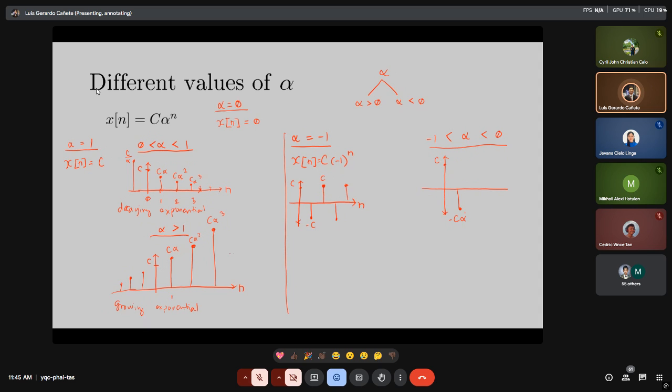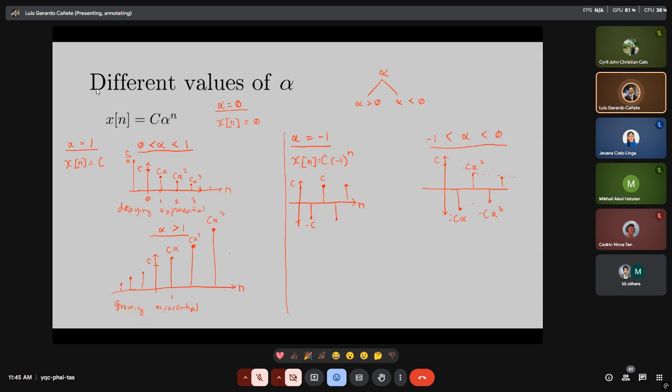So alpha, remember, is less than 1, so it's going to be less than C, but it's on the negative side. And then we flip back to the other side for the next one, so that's going to be C alpha squared and then negative C alpha cubed and so on and so forth. So it's still going to have that sort of exponential decay to it,